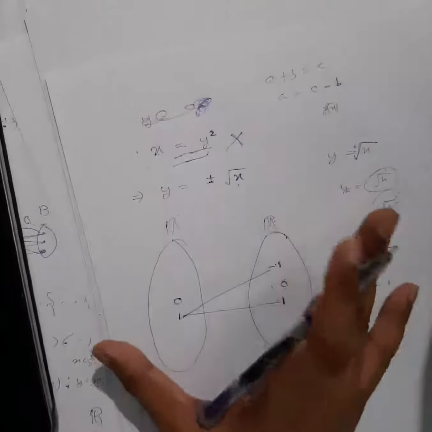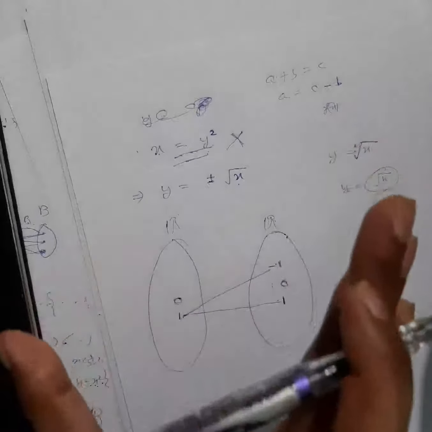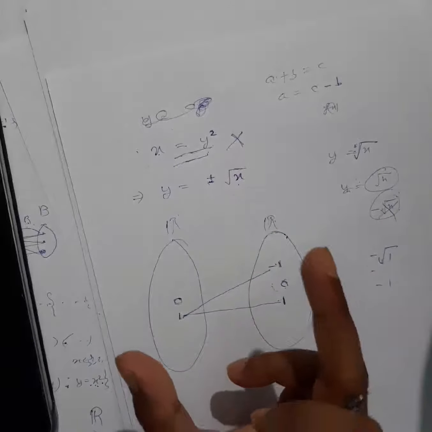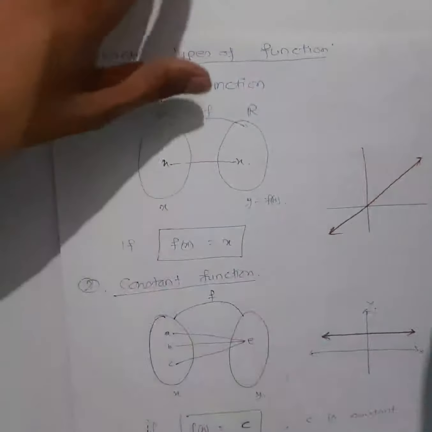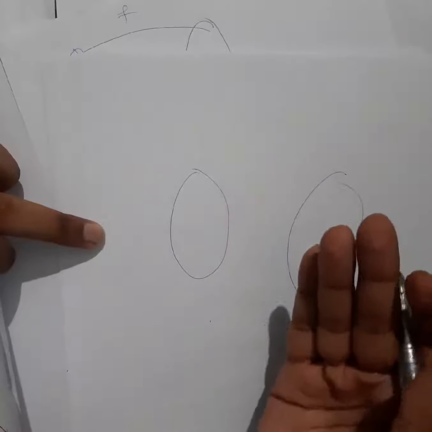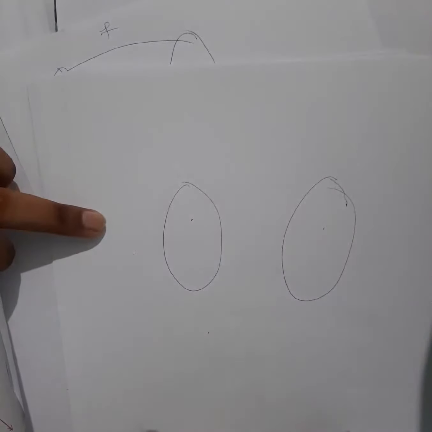Now before that, there are some different types of function we will discuss, okay, and which is very important. Out of those functions also I will tell you which one is mostly important and which one you are going to use in class 12. So before understanding this, make sure your function concept is clear, okay? And function definition is very simple, the one which I have explained. Remember always, they will give you questions in a different format, but the concept will be the same. Here whatever you have understood in the arrow diagram, the same concept you have to use in all the equations or relations, whatever relation is given.